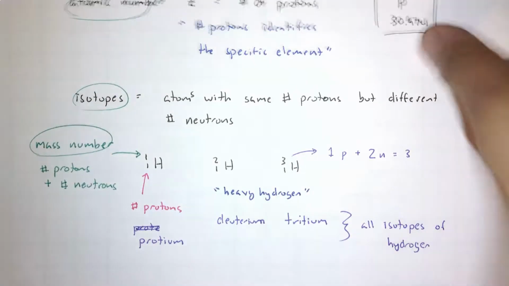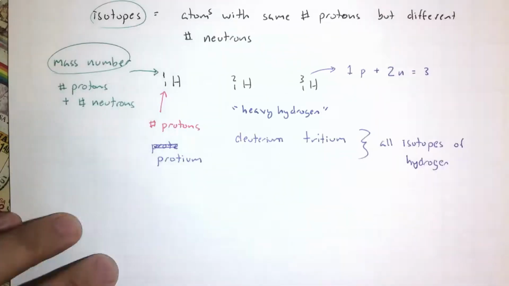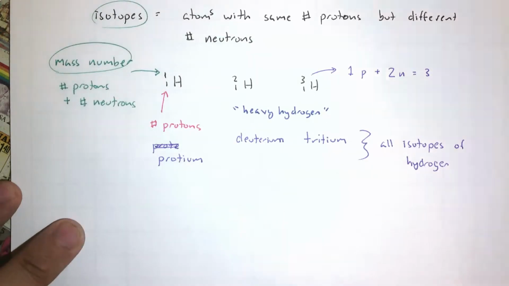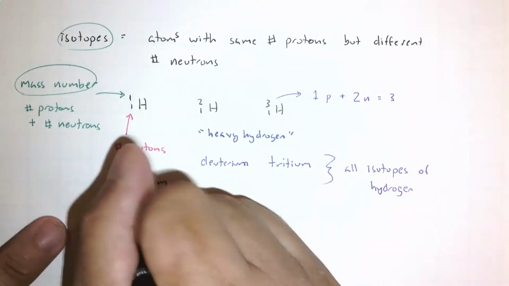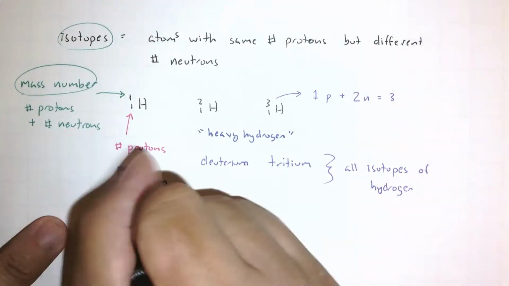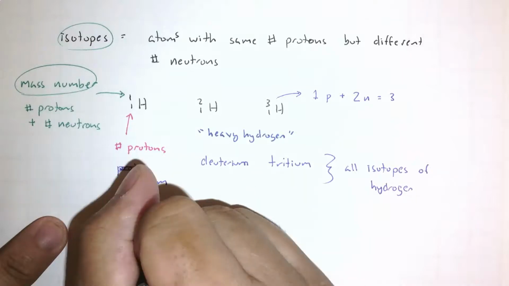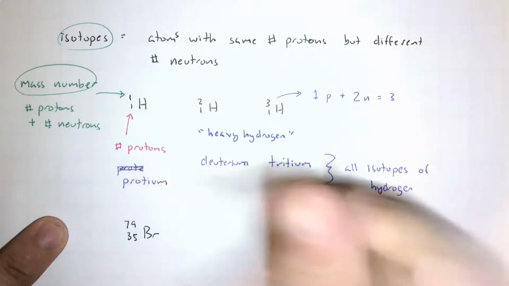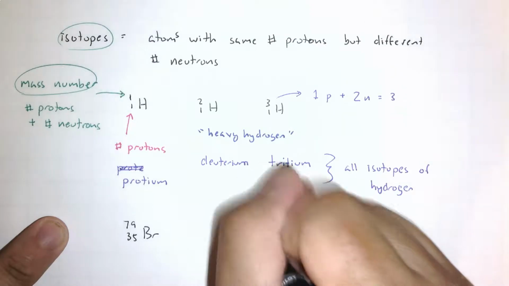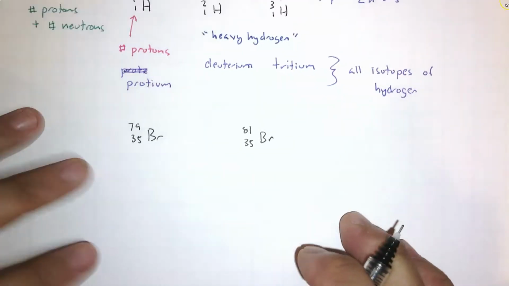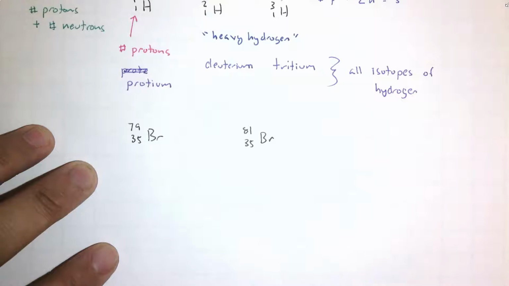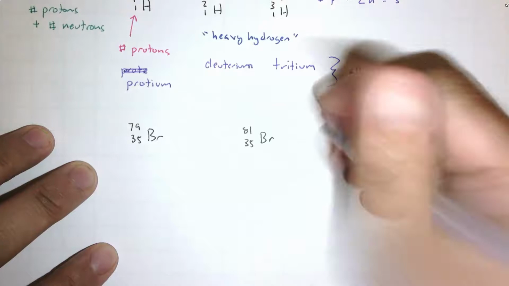Alrighty. Just for practice, let me give you 2 isotopes of bromine, and I'm going to write it in this convention. Now, one bromine can be this one, and the other bromine is this one. When you're talking about isotopes and you're trying to convey what isotope you're using or studying, the way you want to pronounce this is